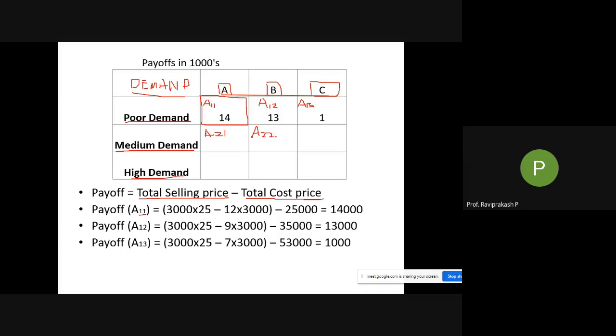Can anybody tell me what is the nomenclature for this particular cell where I am moving? A23. A23, right, correct. This is A23. If I go down here, this would be A31. I'll just write for all. In the next one, I'll not write, but I'll mention directly the name. This is A31. This is A32. And this is A33.